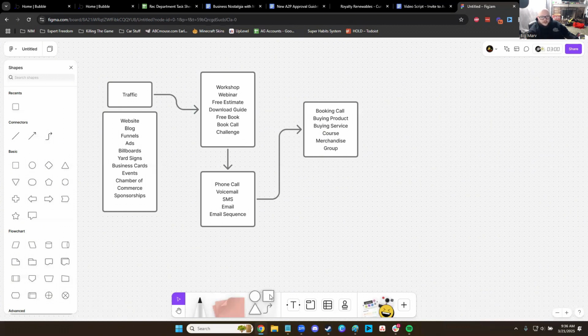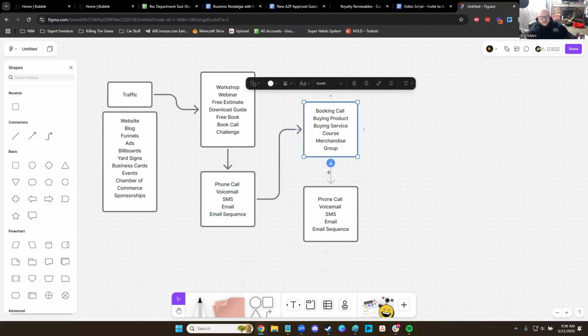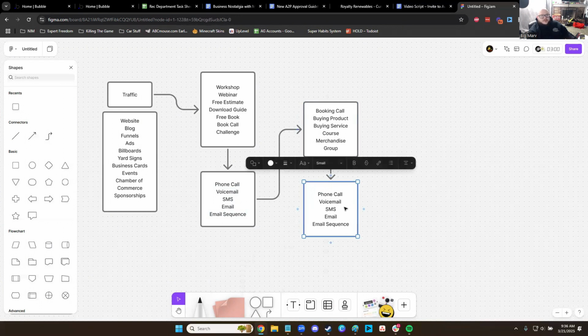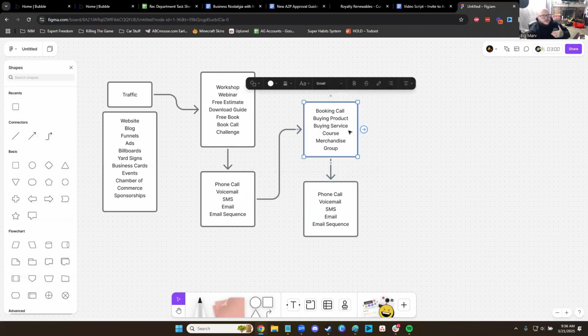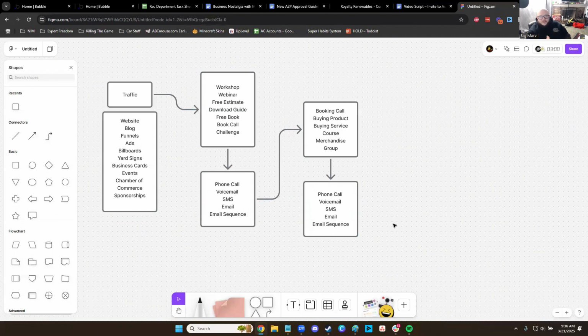Whatever it may be. And then once they opt into that, you want to think about, again, what that journey looks like, right? So for example, when somebody joins my group, I send them a free gift. I send them a handwritten welcome letter and a thank you card. I send them some big Marv merchandise, and I offered to book a one-on-one call with them for free. I typically charge $1,000 an hour to hop on a Zoom and consult, but I give that away for free to show the members in my new group that I care about them and I want to help them succeed. And I know figuring this stuff out, especially if you've never done it before, can be quite the burden or an obstacle, which is why so many business owners don't go through doing this step first.